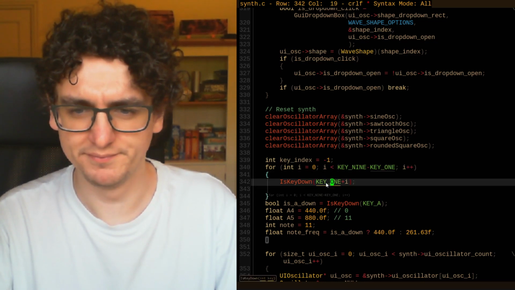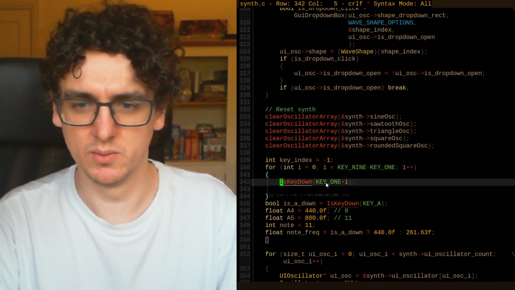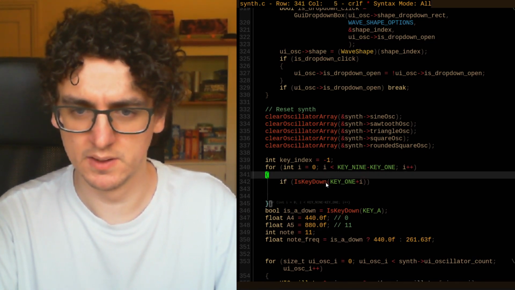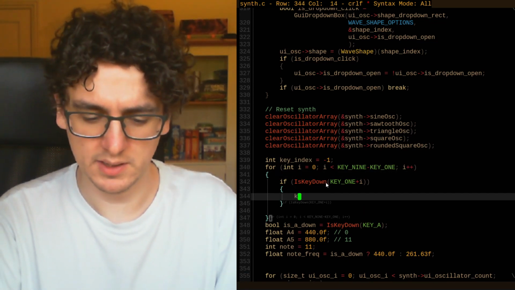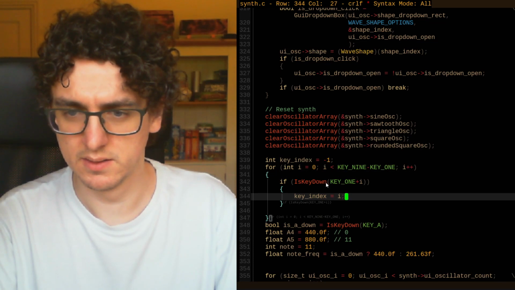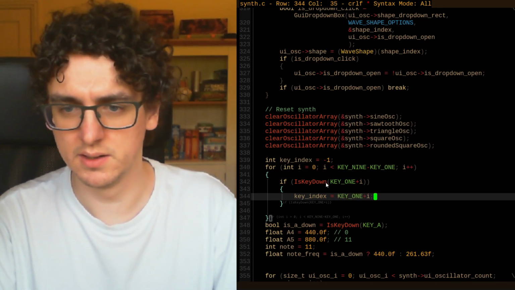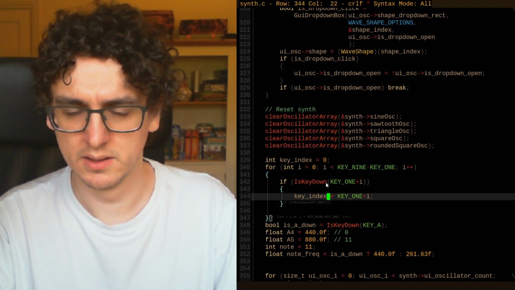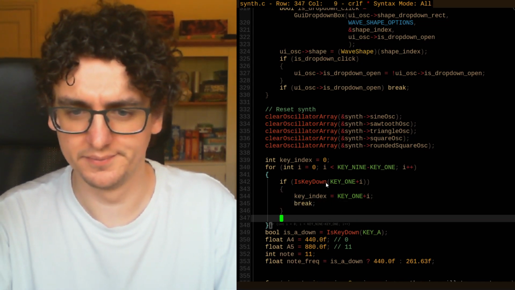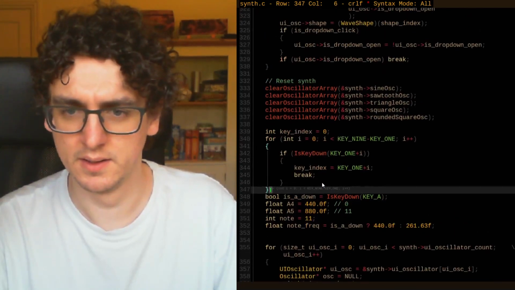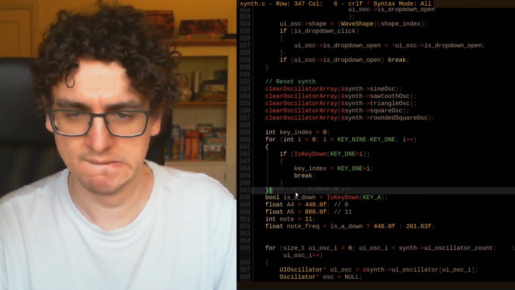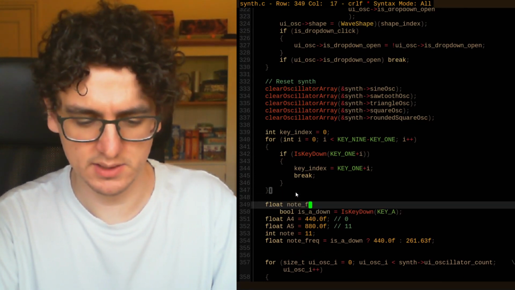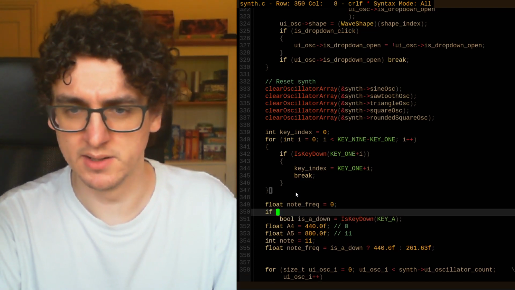We'll start from -1. And then we'll say if that key is down, key index equals I, or key 1 plus I. Actually no, we can say this is 0. And then break. And then what we can say is our float note frequency is 0 by default. And then we can say if key